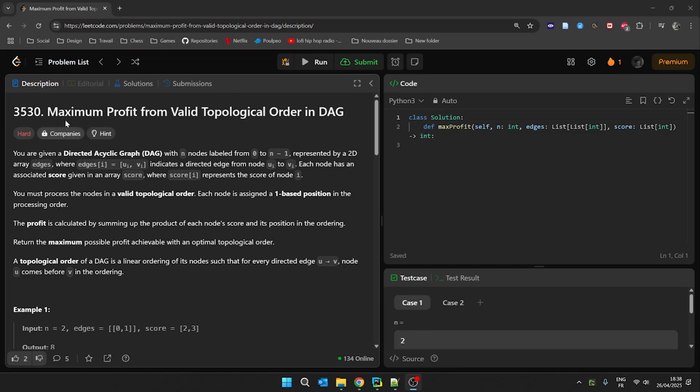Okay, let's solve maximum profit from valid topological order in a DAG, directed acyclic graph. The idea is that we have a DAG and we also have an array score. Among all the valid topological orders, among all the valid topological sorts, we want to know which one maximizes